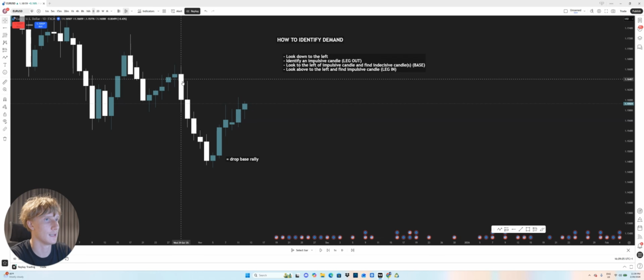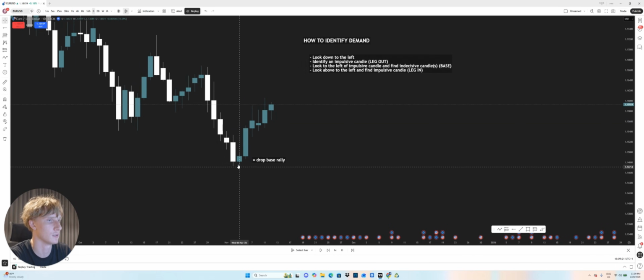We can see that until this point, price is extremely bearish. We're looking at billions and billions and billions of dollars of selling happening before our eyes. Out of nowhere, price stops. Just in order for price to stop, a large amount of buy orders must have come into the market to essentially stop it. From there, we can see that price then goes much higher.